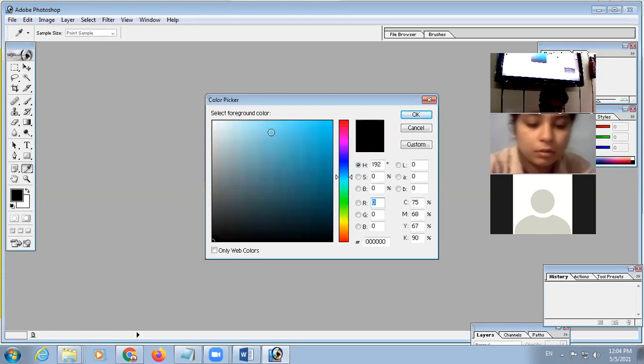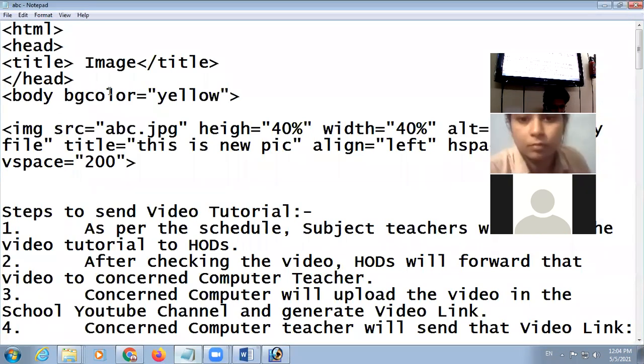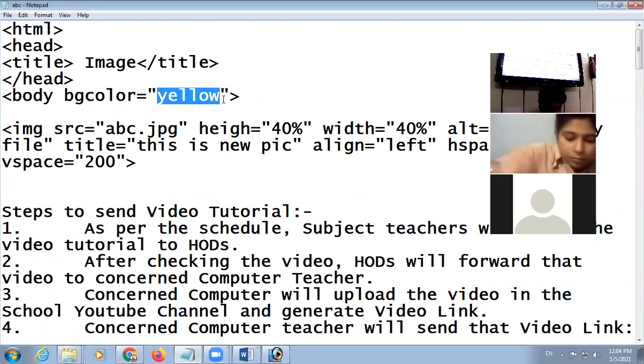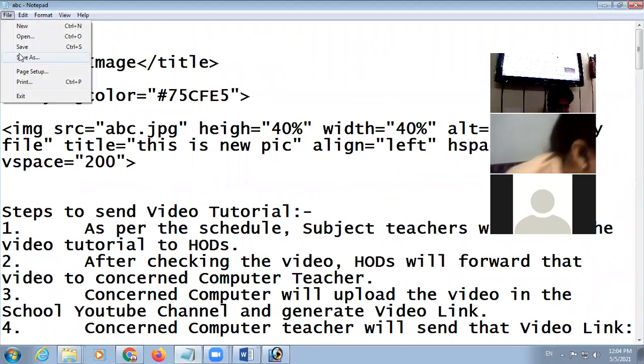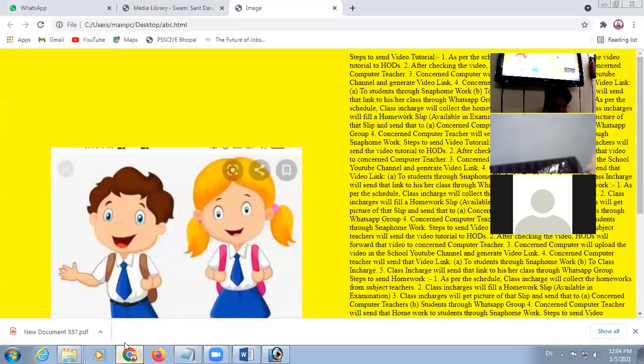I select a particular color and here is the color code. I copied this color code. Come to your web page coding and use the color code, but use a hash symbol before the color code. So I'm going to save this and refresh the page.